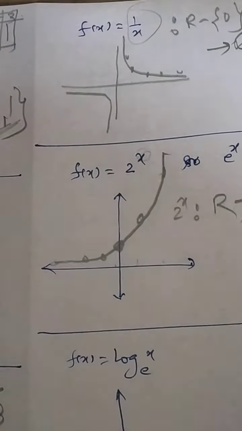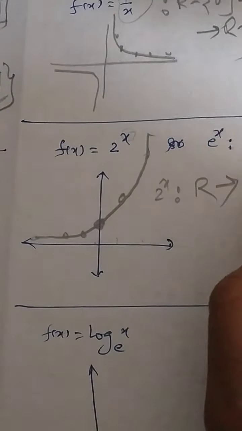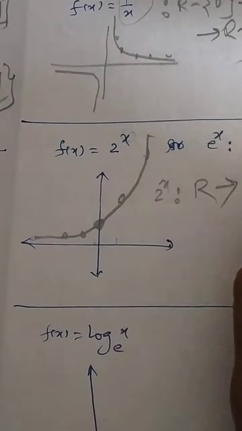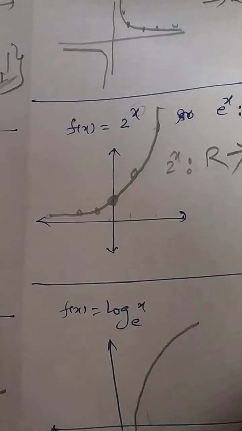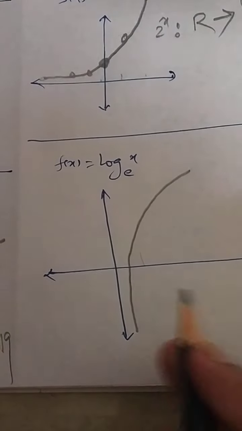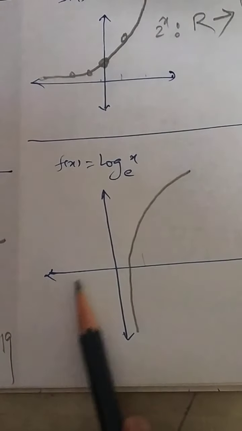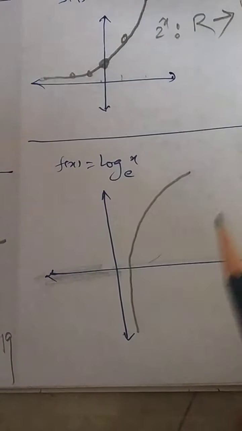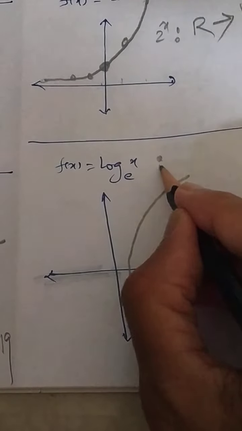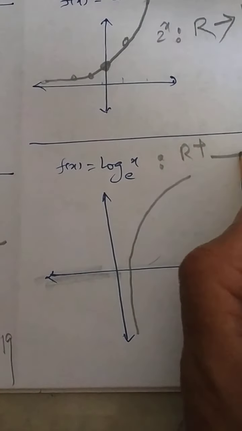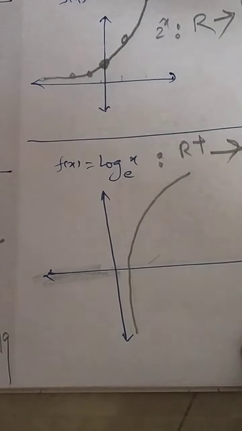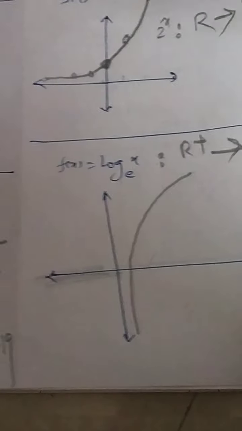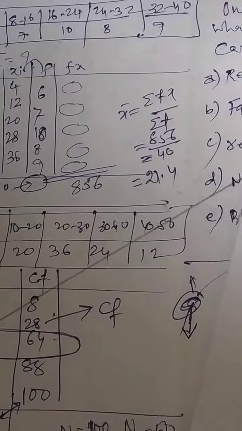And the range of the function: if you look at the graph, it is not possible for negative numbers, so it will be all positive numbers. Log x is nothing but this way of graph if you plot. So what is the domain? There is no graph on this part, so the domain of log x is nothing but R positive, and the range will be nothing but R, the variation on the axis. So this way you can get the domain and the range of the function.